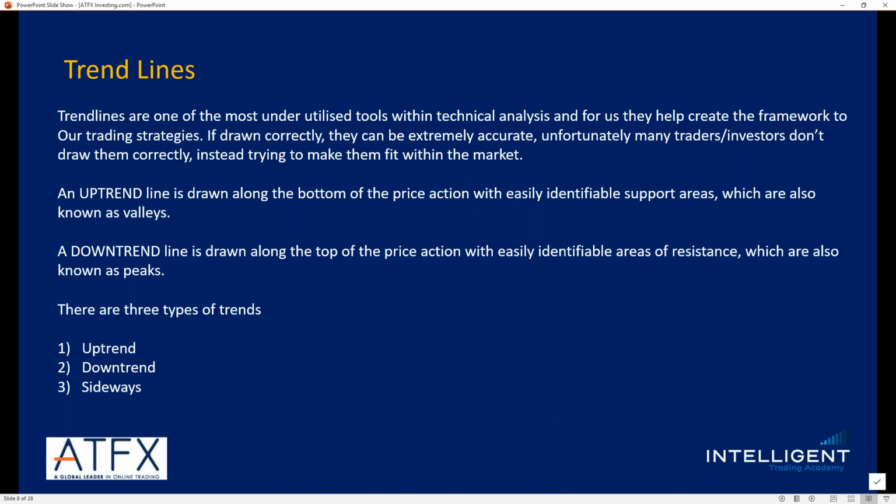Daniil, completely correct. 3 touches from 2 points. Now, let's just clarify something here. Daniil's put a great answer into the group, along with Cecile, Daniel, and Miro. Great, fantastic. Daniel, just to clarify, the body is not the correct way to draw the trend line, but I'm not here to call you out, mate. I'm just here to help you and guide you as much as possible and evolve as much as possible. Whilst the body shows a true representation of the opening and closing price, the wick, also known as the shadow, is a true representation of where price has traveled or been. So we will always utilize the wicks unless under unusual circumstances.